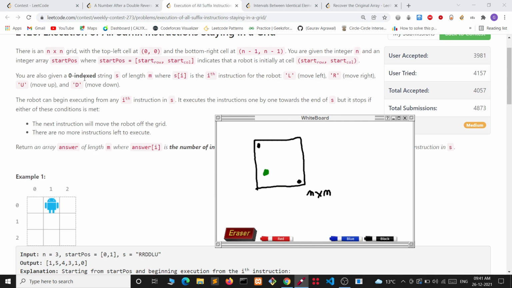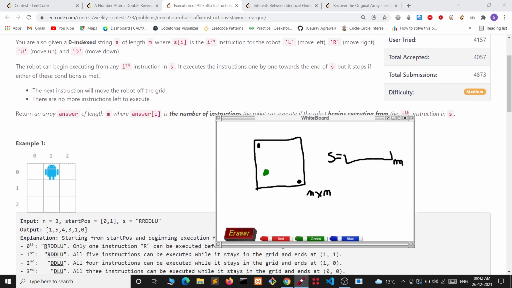After that, we are also given a 0-indexed string s of length m, and we are given that s[i] can be equal to L, R, U or D. These are telling the direction in which we have to move.